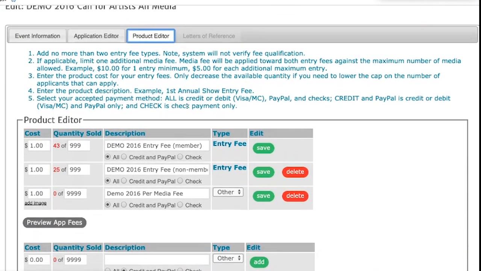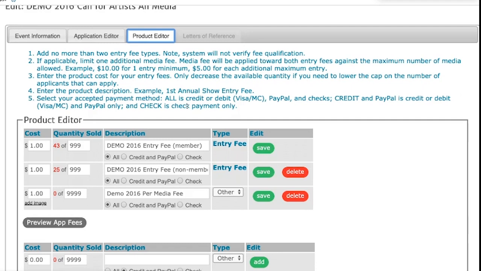So this is where you set up your entry fee costs to apply. When you fill out the client information form, either the online form or the paper form, we ask you to give us some basic information about your call. That's where you note if you wish to collect any entry fees. The CaFÉ team, when they're setting up the template for you, will initially input just the main entry fee